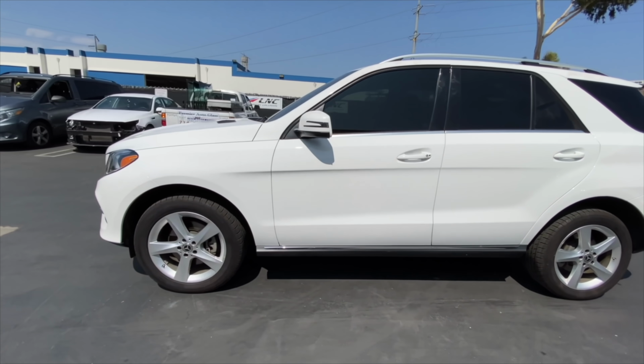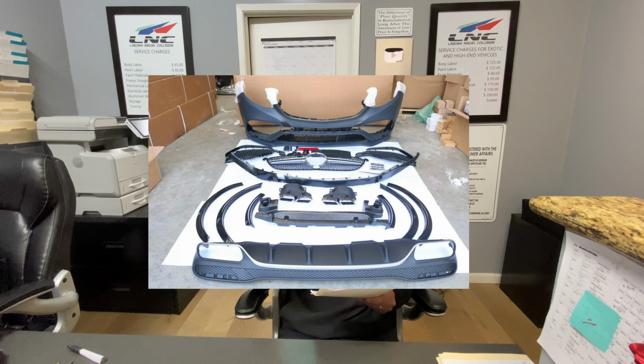And then we end up doing the GLE 63 conversion. So I end up buying the AMG style body kit, which was $2,600. And it came with front bumper, side flares, and rear lower bumper diffuser and exhaust tips. And then I also had to buy a new rear bumper from the dealer. That was